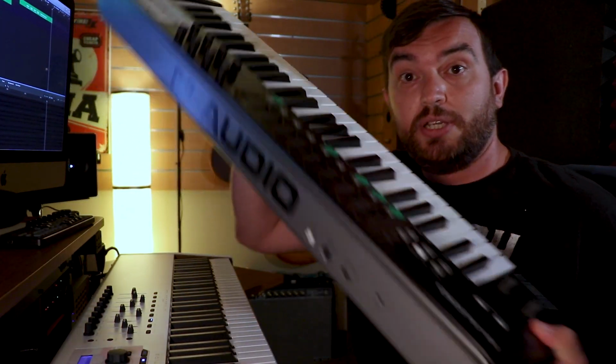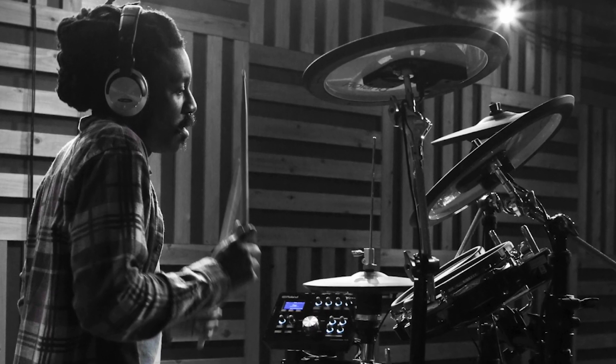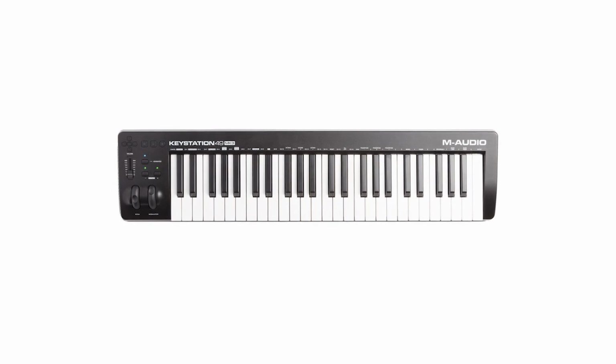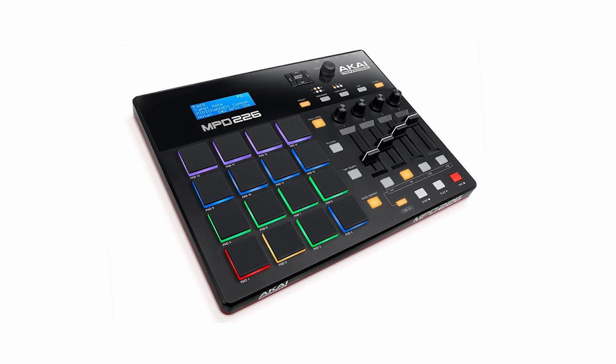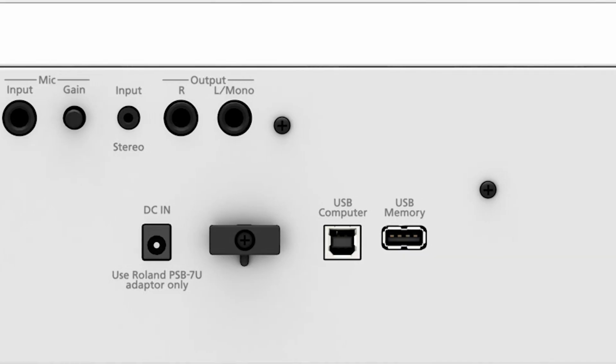So MIDI controllers come in all sorts of shapes, sizes, variations. This little thing right here is a MIDI controller. This thing right here is a MIDI controller. You can even use most electronic drum kits as a MIDI controller. You can find MIDI controllers that are 1 octave, 49 keys, all the way up to this beautiful 88 key MIDI controller. They make some MIDI controllers that are just velocity sensitive pressure pads to make it easier to program in drum sounds. And honestly, a lot of digital pianos and keyboards these days can often double as MIDI controllers because some of them have USB ports in the back that you can plug into your computer, and there you go, you have a MIDI controller in its most